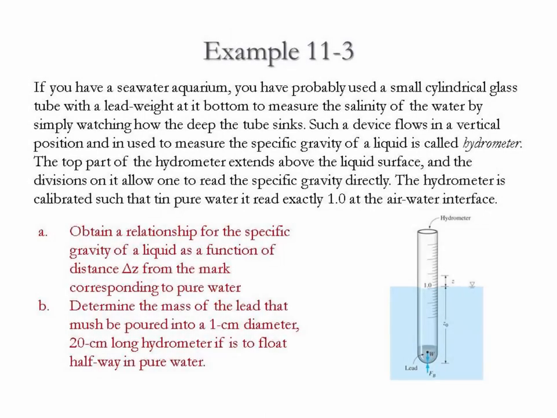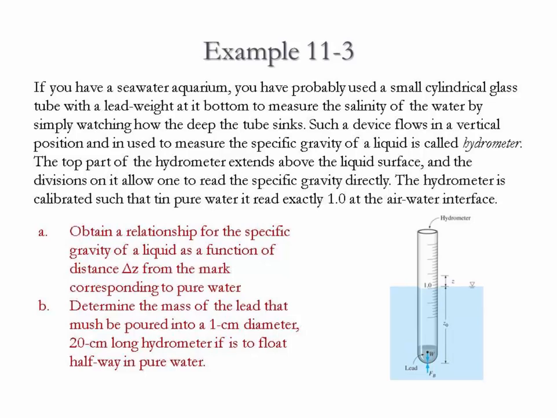Example 11.3. In this example, we'll study a hydrometer, which is a device used to measure the specific gravity of a fluid. A hydrometer is simply a small cylindrical glass tube with a lead weight, which is placed into a fluid. Part of it is going to sink and part of it is going to be exposed in the air. The top part of the hydrometer extends above the liquid surface, and the divisions allow you to read the specific